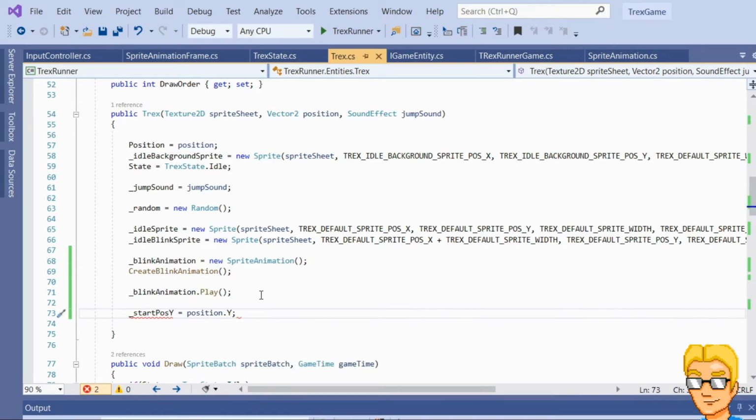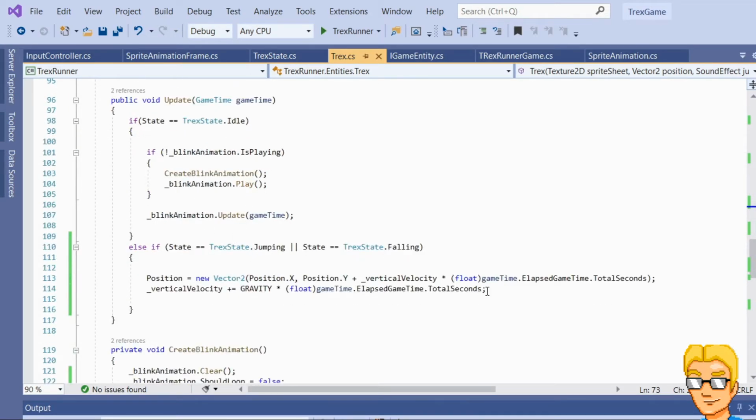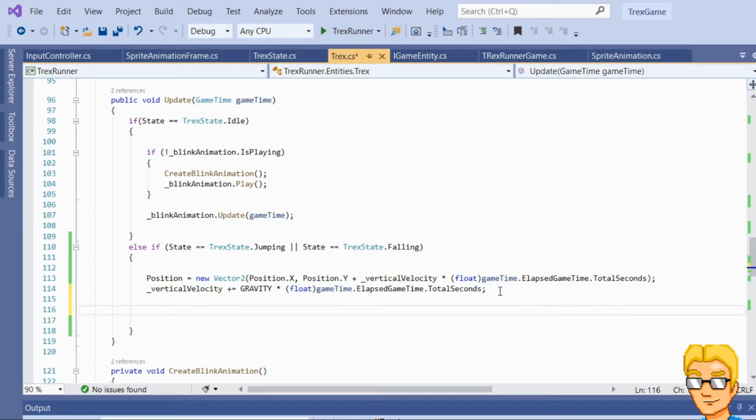Like this. And then in our update method, we can say, okay, decrease the velocity, update the position, or increase the velocity. And as soon as the position is greater than or equal to the start position here,